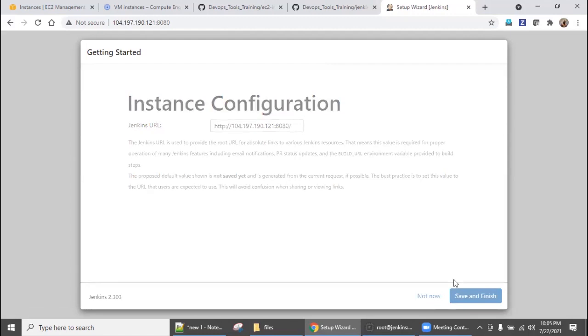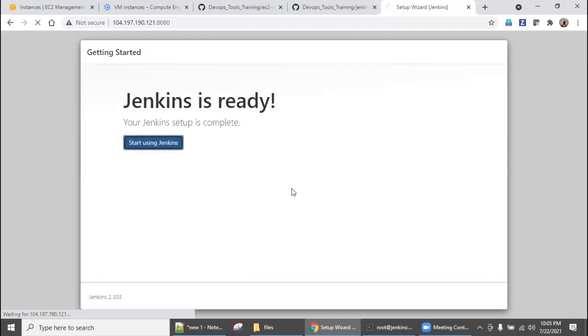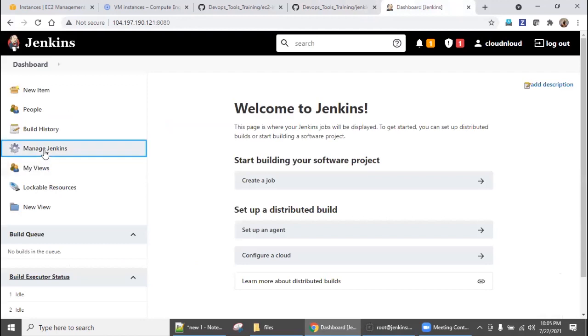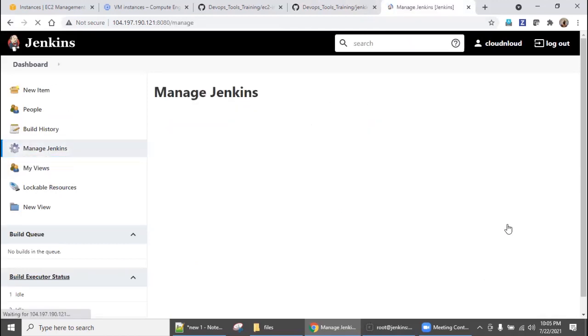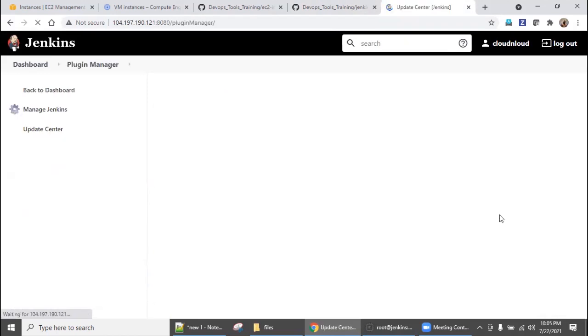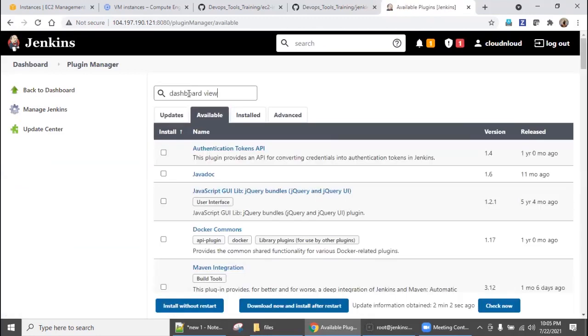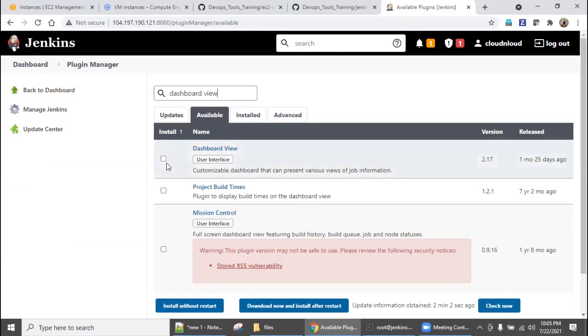And we will go inside. Start using Jenkins. And we will install the necessary plugins. Dashboard view. Go to Manage Jenkins, Manage Plugins, Available. Dashboard view, yes.